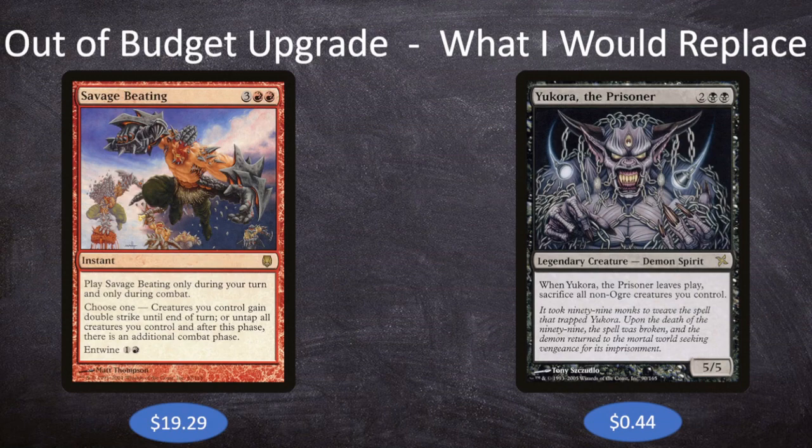And Savage Beating is a massive $20, and it's 3 red for an instant. Play Savage Beating only during your turn and only during combat. Choose one. Creatures you control gain double strike until end of turn, or untap all creatures you control, and after this phase there is an additional combat phase, or you can entwine this for 1 and a red,